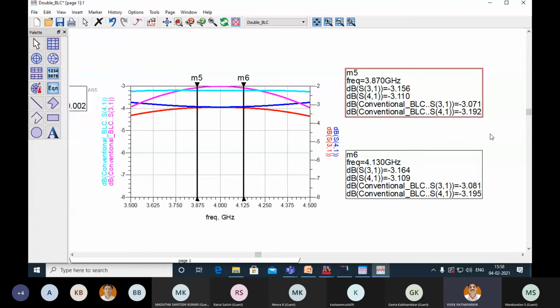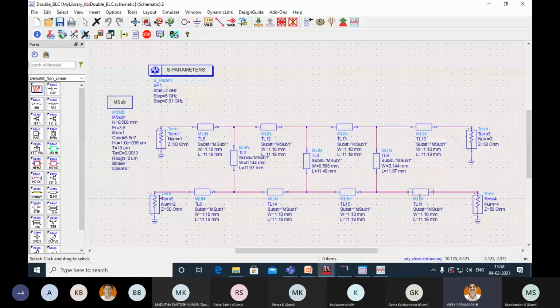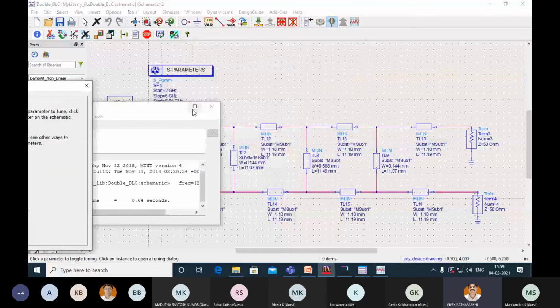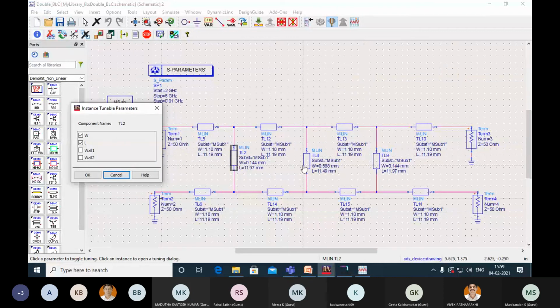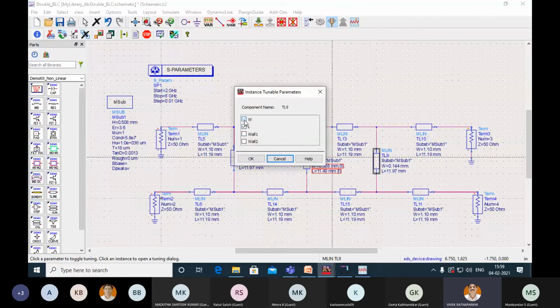So you can see the amplitude imbalance is pretty reduced and the bandwidth is improved. In that way, you have seen the improvement in return loss and amplitude imbalance of your single box coupler. Also, you can go for the betterment of the phase response of this coupler, and you always have the option to keep tuning this. One more time, I will try to demonstrate the tuning option, but maybe the area of the coupler may increase. You just have to keep the optimization within acceptable limits.